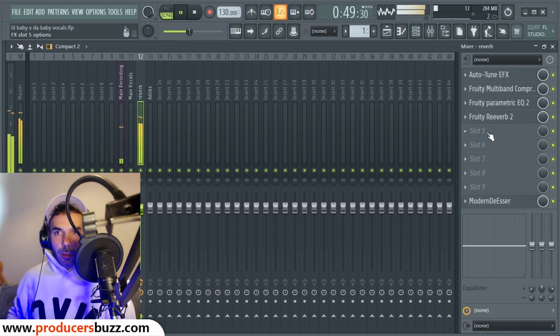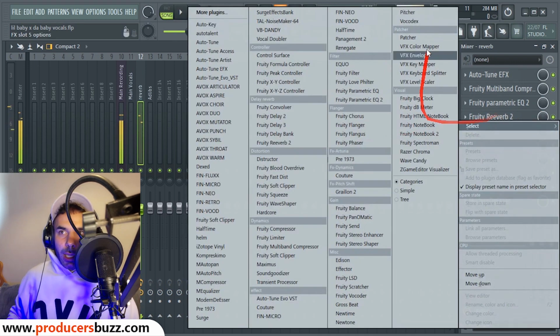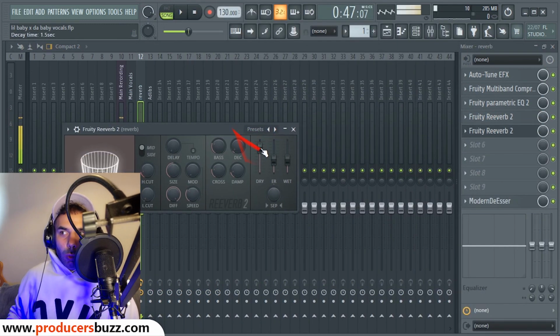She don't really roll. Then we're going to click on here and select another reverb, just a normal reverb with